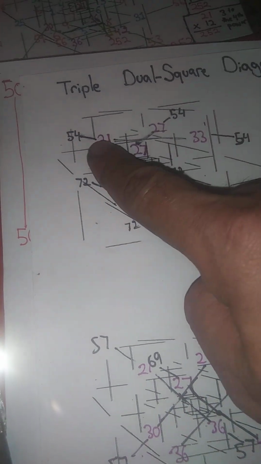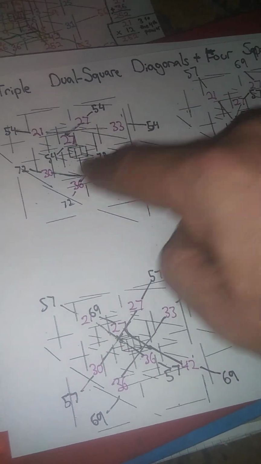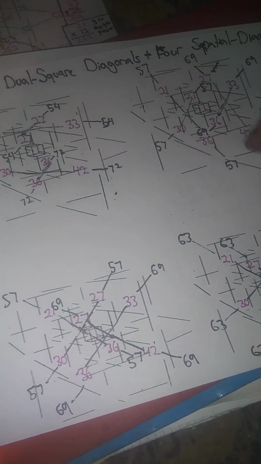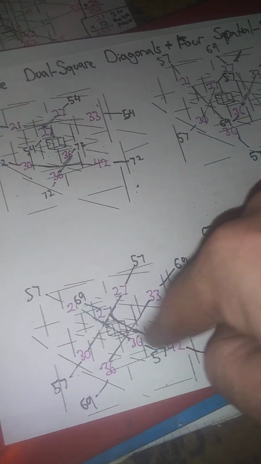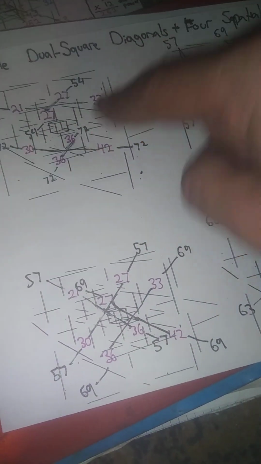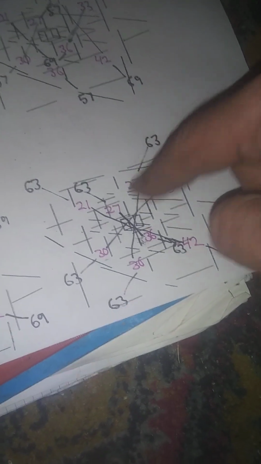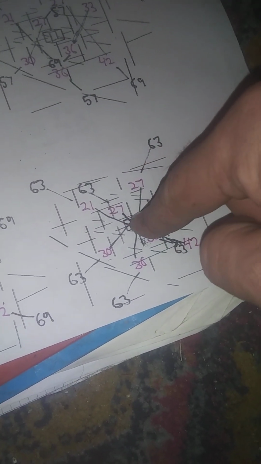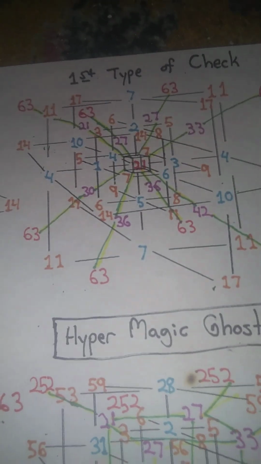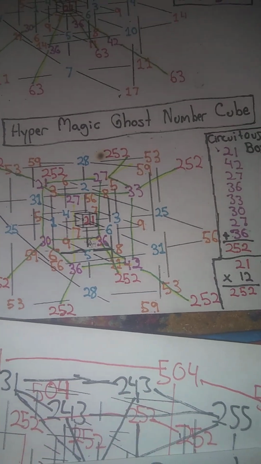These triple dual square diagonals. Dual square diagonals. There's three sets of them: front to back, side to side, and top to bottom, plus a combination with the normal diagonals of a spatial diagonals of a normal magic ghost number cube. So it's a magic ghost number cube plus a hyper magic ghost number cube. And the only name I can have for these,